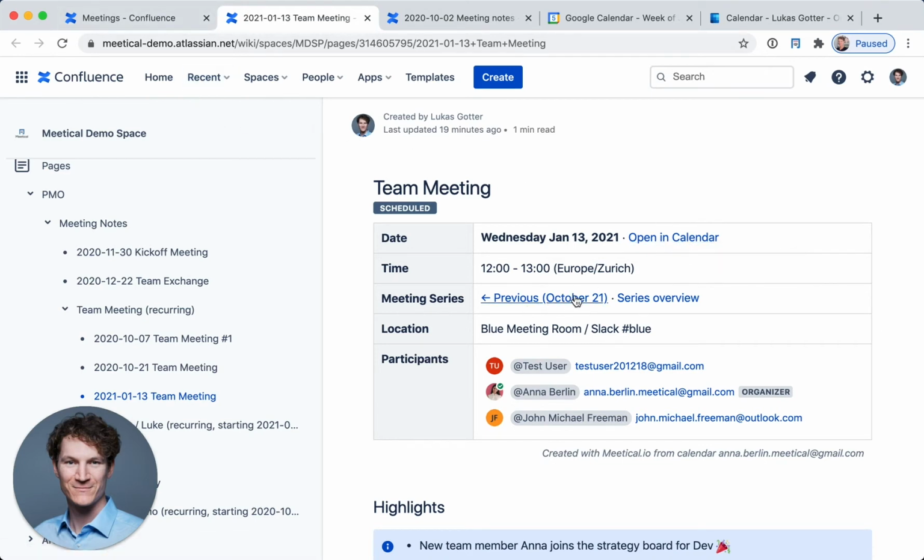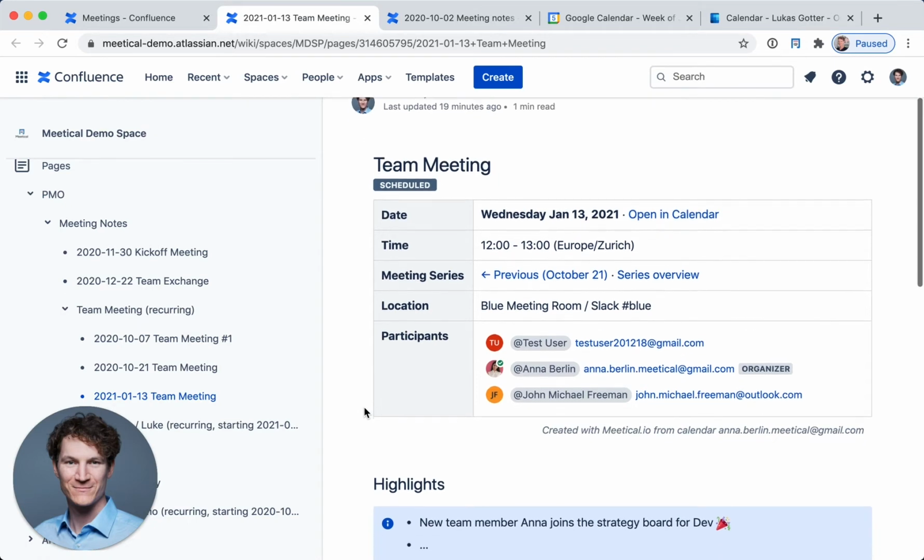And I have also, since this is a recurring meeting, an easy navigation to previous meetings or a next possible meeting. Meetical also created a parent page for this recurring meeting. So things are structured and ordered and easier to manage.